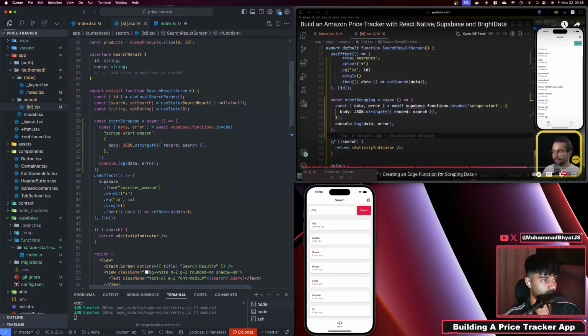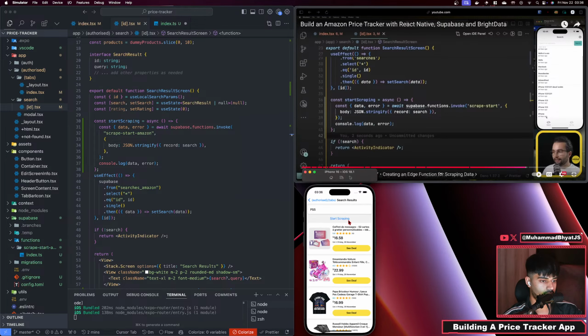What I want to do is, I don't want to make it such that when I click PS5 it starts scraping. I want it to scrape immediately, but it also needs to check whether I already have that particular search term. So let's see now. Start scraping is going to